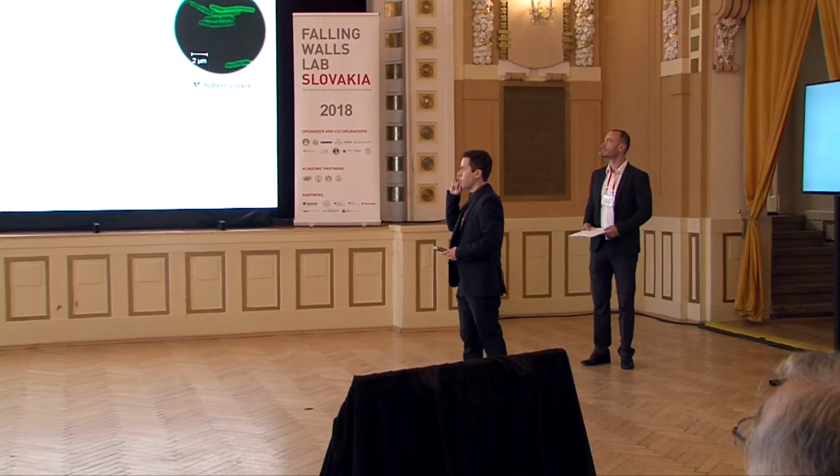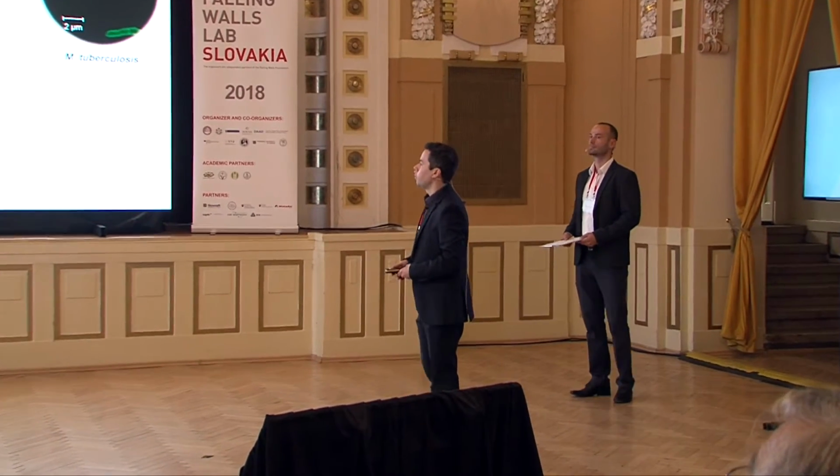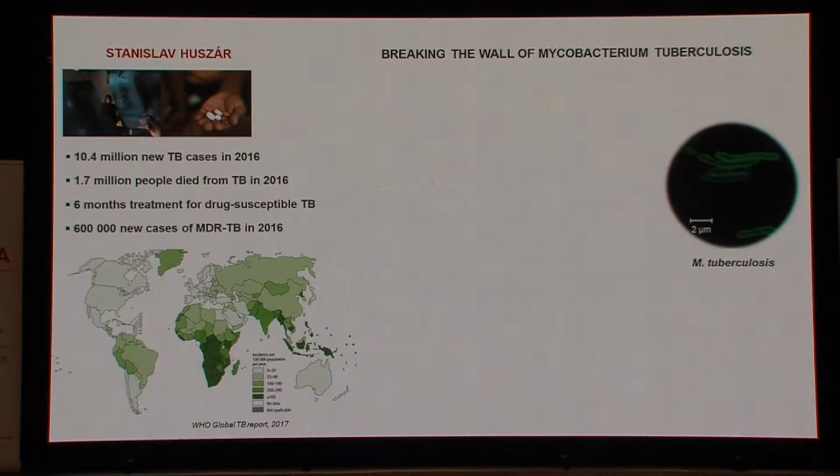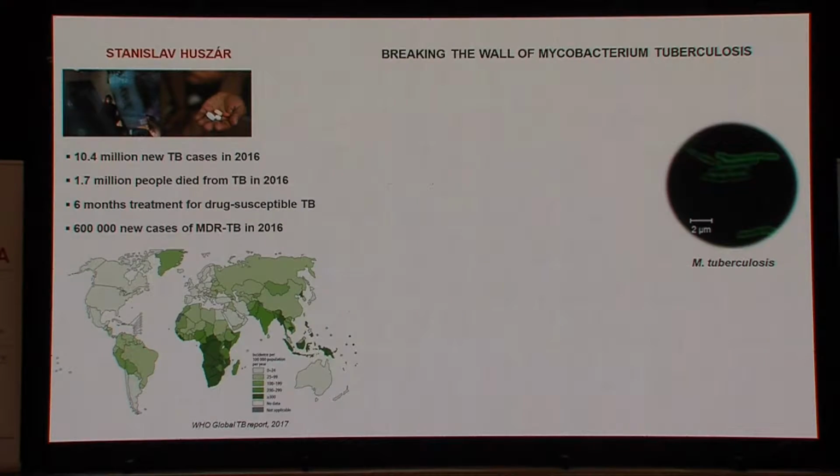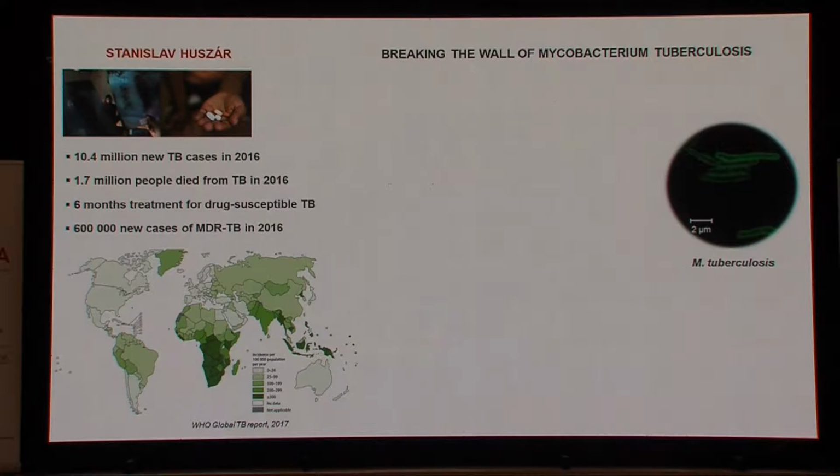Tuberculosis is affecting millions of people, mainly in the developing world, and kills approximately 10 people every 3 minutes. Drug-sensitive tuberculosis is treated for 6 months with a combination of different antibiotics, and drug-resistant tuberculosis even longer. Active tuberculosis is caused by bacilli called Mycobacterium tuberculosis, and what is making this bacteria hard to treat is their